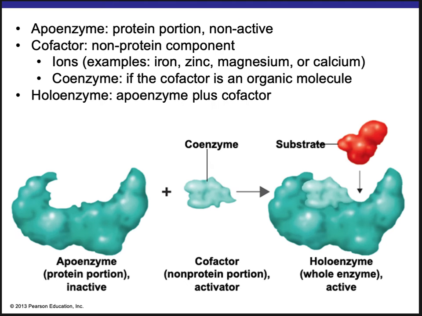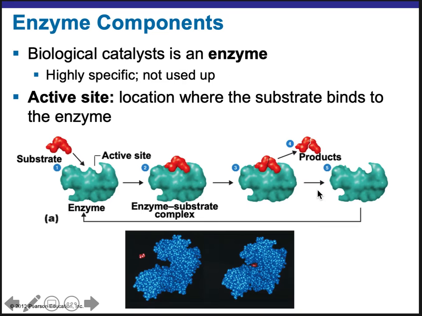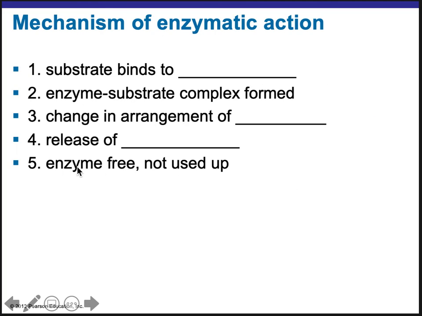Okay, so as seen in this picture, actually the picture is kind of back here. You have your active enzyme, the substrate enzyme complex is formed, which will lead to a change in the arrangement of electrons in the substrate. So that's when the actual chemical reaction happens, right? And as soon as that chemical reaction happens, then it's going to release the products and it's going to be free to do it all over again. So the enzyme is not used up. It's free to repeat this over and over again.